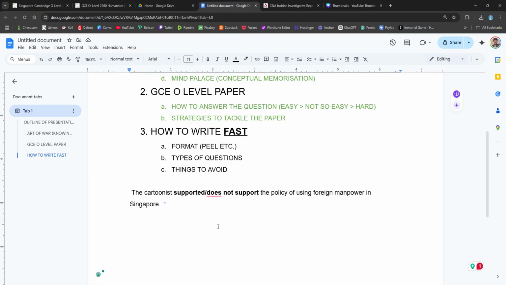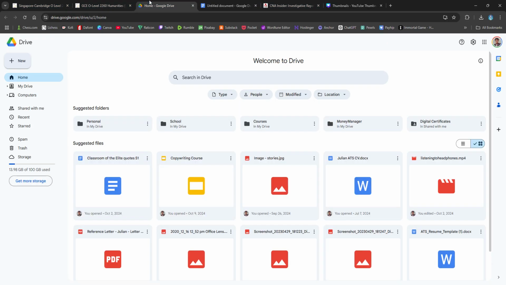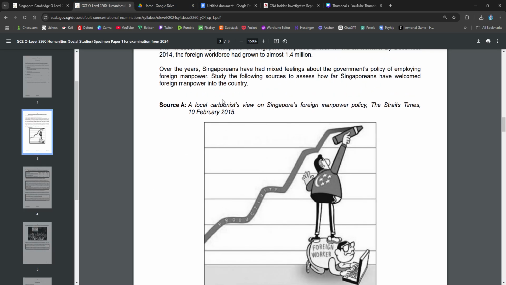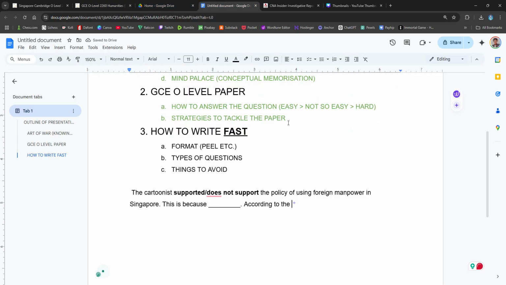Then what you need to do is, this is the key word here, this is because blah blah blah. You write the reason here. This is because you blah blah blah. Taking a look at this picture, right? And then how do you do it? Then you type according to the picture, right? According to the cartoon, right? Don't say picture. According to the cartoon,